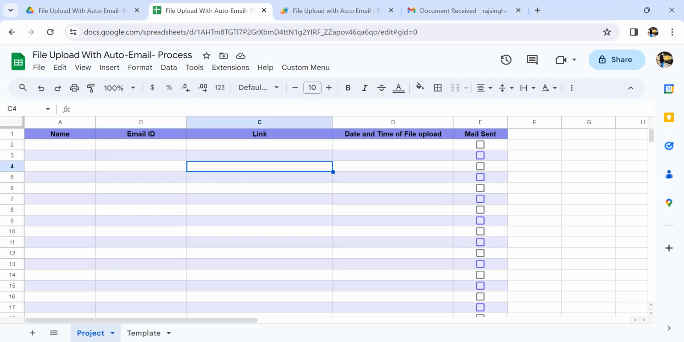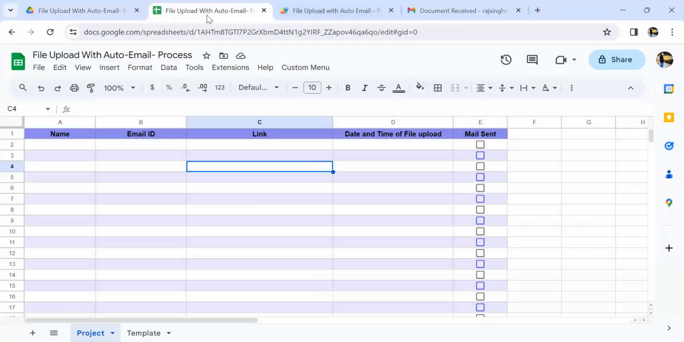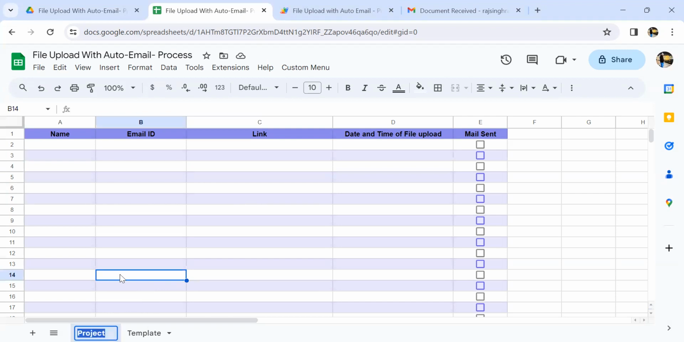For creating this process, we need two things. One is Google Sheet. Second is a folder in Google Drive. I have just created this, upload files from Drive. So let's rename the tab, project, and